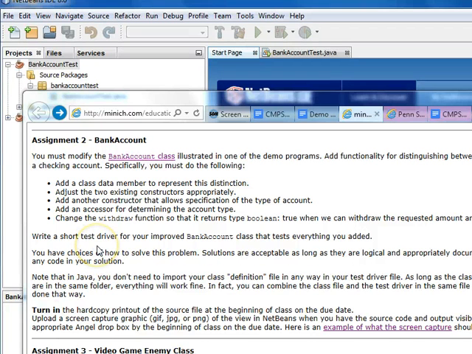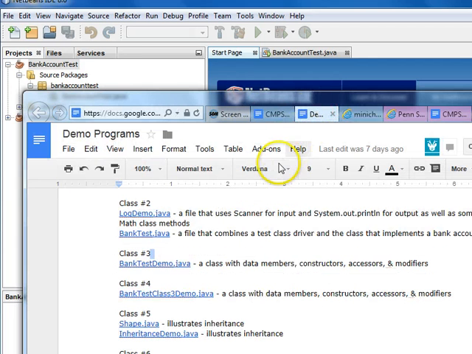Mr. Minnick here. We're going to begin Assignment 2 in CompSci 221. Assignment 2 is to modify the existing bank account class. That's one of my demo programs. So either clicking on that link or going to my demo programs webpage and clicking this one called